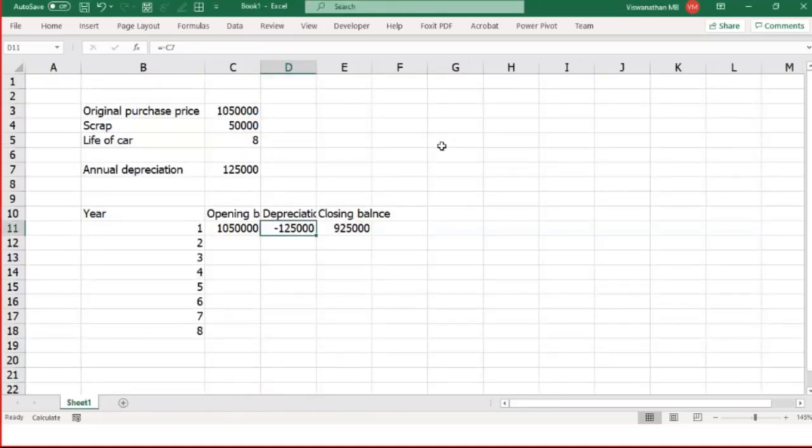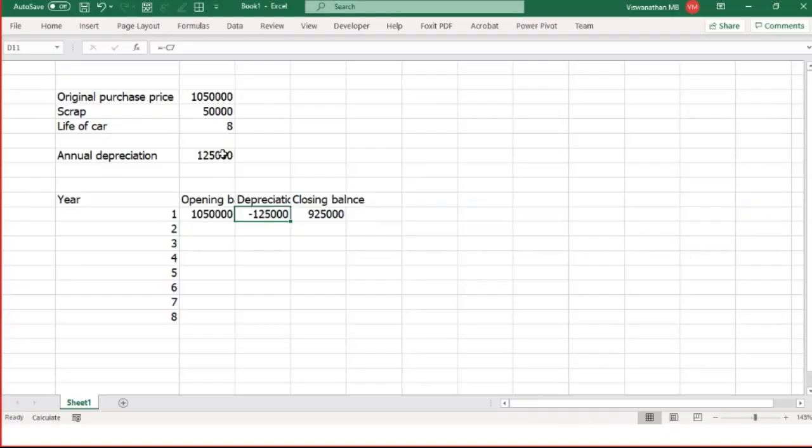What I'm going to do, but before we move on, let me start bringing in some of the best practice that we need to follow. So annual depreciation, I'm going to name it as, let's say, just DEPN. DEPN stands for depreciation. And how do you name a cell? You select the cell, and to the left of your formula bar, you give a name. And even this life of car, let me call it expected life. So I'm going to name this cell as EXP life. So I select this cell. To the left, in the name box, I'm going to type EXP life.